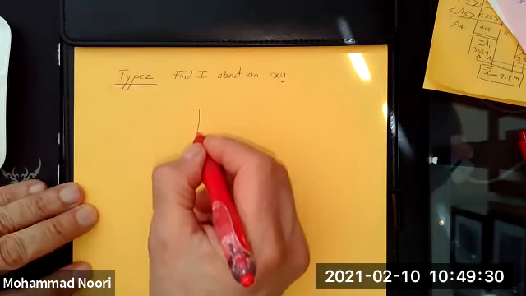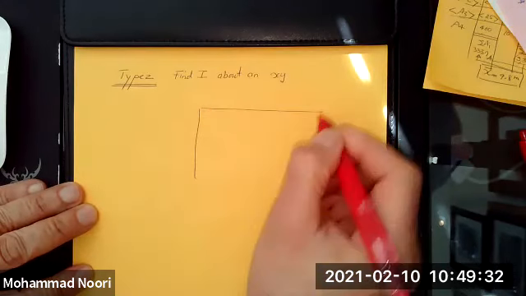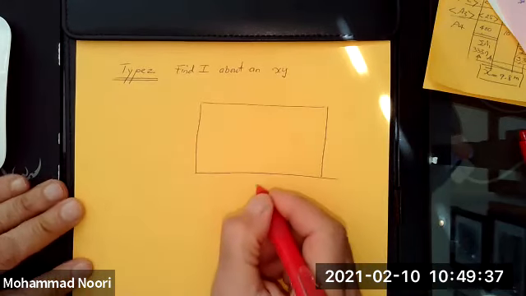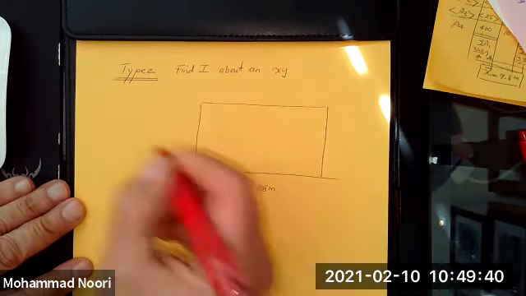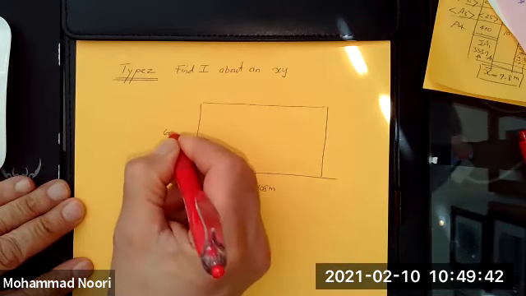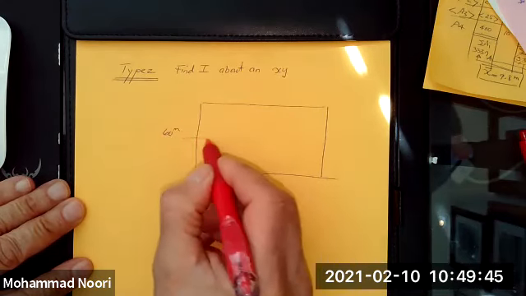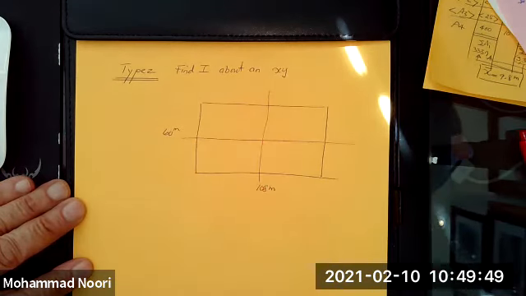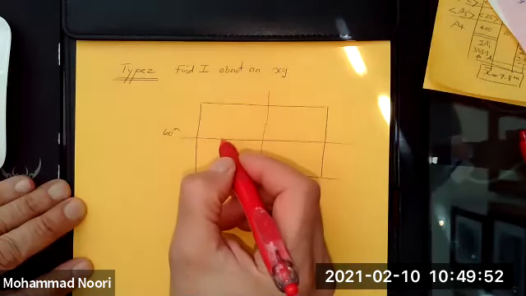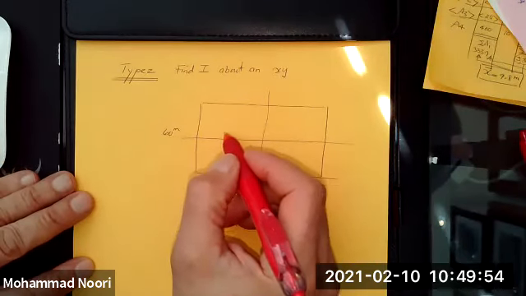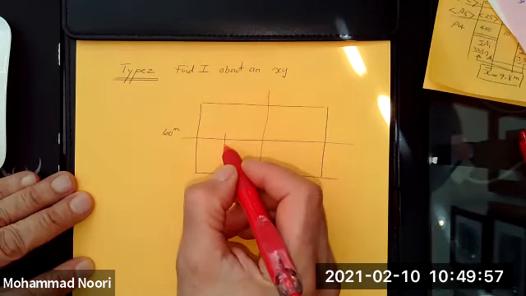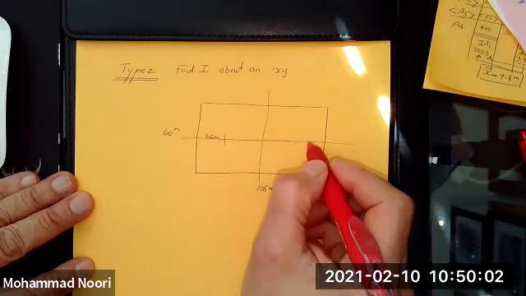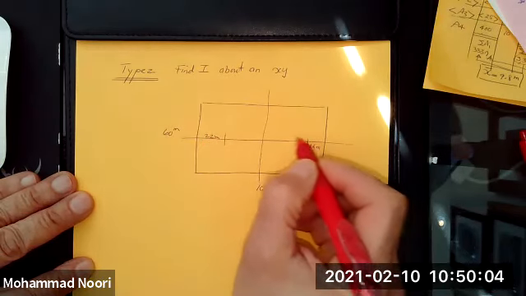Let's say you have a rectangular shape like this. This is 108 meters. This side is 60 meters. So these are the two central axes of this shape. We have cut out, at a distance of let's say 22 meters from here and 14 meters from here,